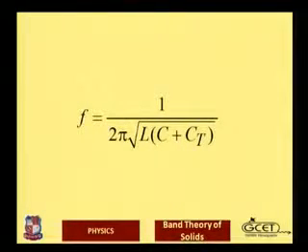As I showed you, the frequency which is given in this circuit can be written as 1 over 2 pi under root of L (C plus CT). The main advantage is that here we can have the change in the frequency with very few components. We don't have to use n number of fixed capacitances. We have a variable capacitance. We should just vary the voltage, and we can have n number of capacitance values. So we can have a very large number of frequencies tuned in our circuit, right?